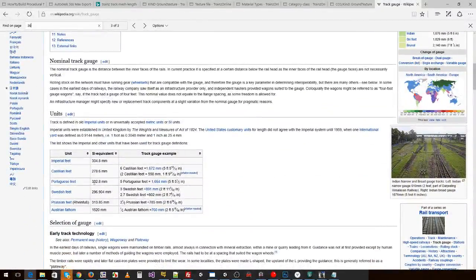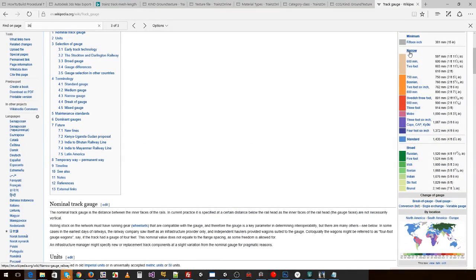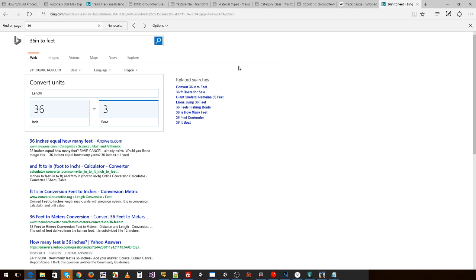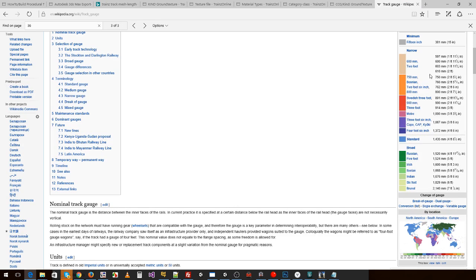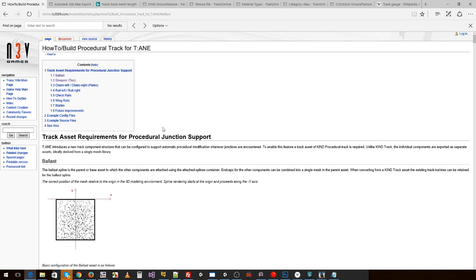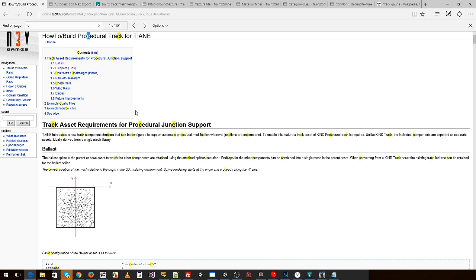Is there a table? Here we go. What does this look like? Feet. Narrow. 36-inch to feet. 3 foot. 3 foot. 914 mil. Okay. That's alright. 914. Is there a check